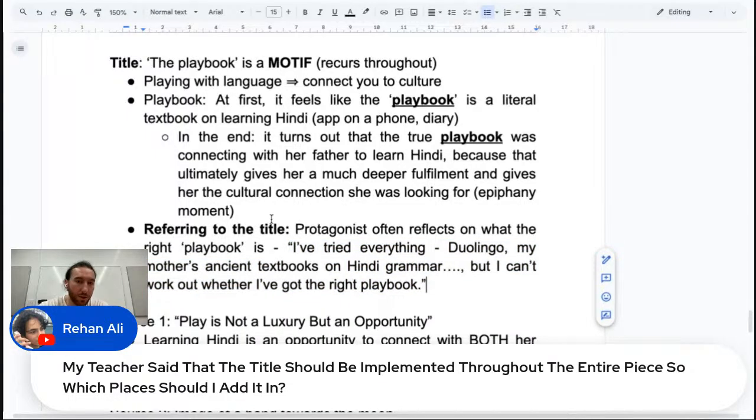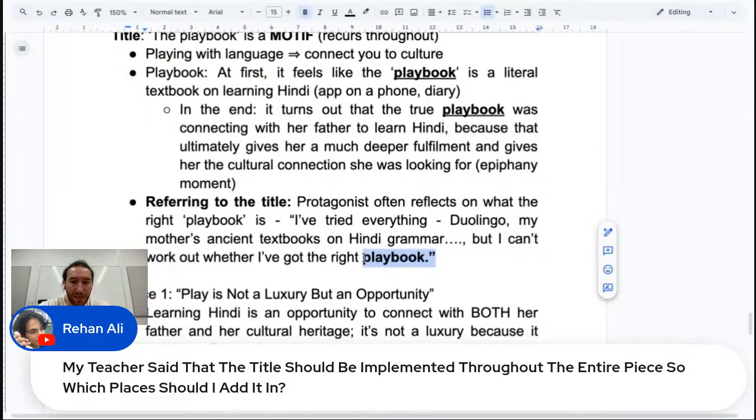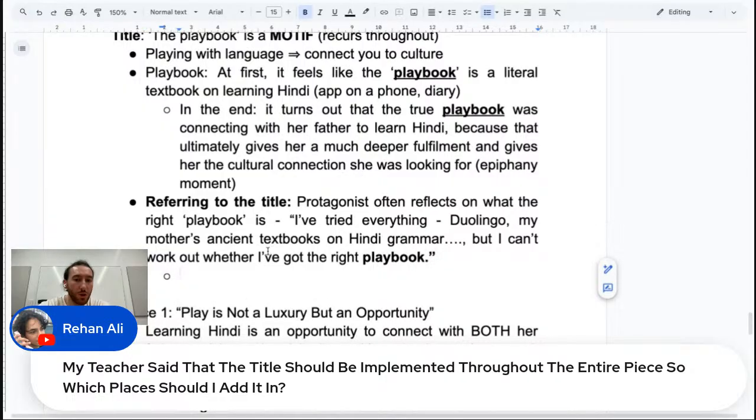And then at the end, she realizes that the ultimate playbook was connecting with her father. That's what we're saying. So you can be explicit about it, but you should also use terms that are to do with the playbook so you're not getting repetitive. So yes, you want to say playbook, but what comes in a playbook? Like typically, you could talk about the key ingredients to the playbook, or when they say the playbook, they're talking about a step-by-step, right?